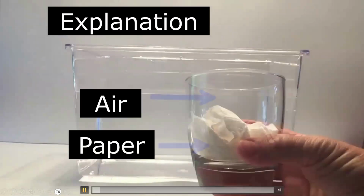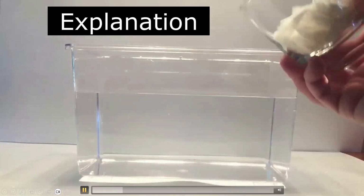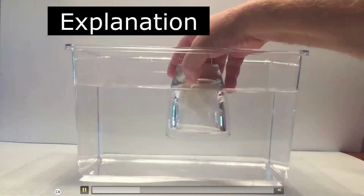So right now, watch. Everyone, please have a look at your screens carefully. We have a paper piece inside the glass, and above the paper piece, you have air. And this is the air which is keeping the paper dry. So have a look. When you invert the glass and put it inside the water container,